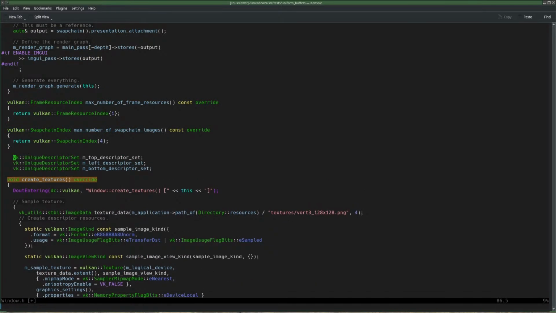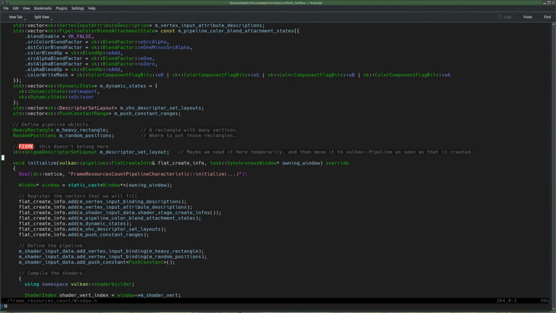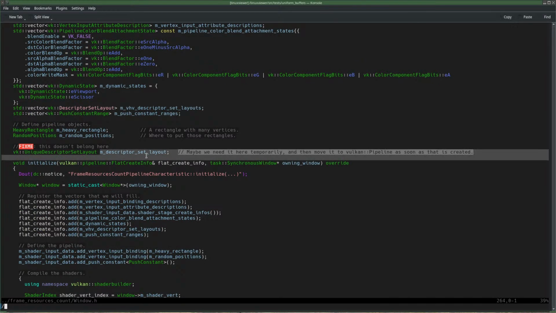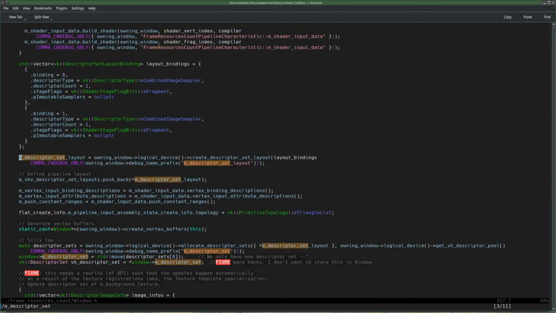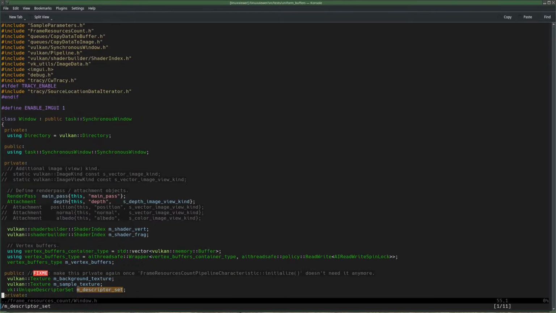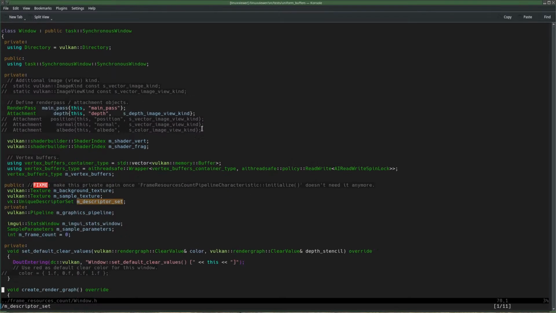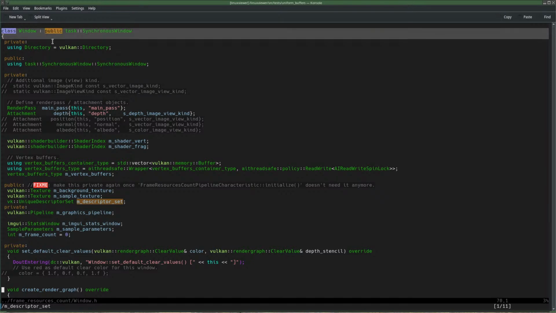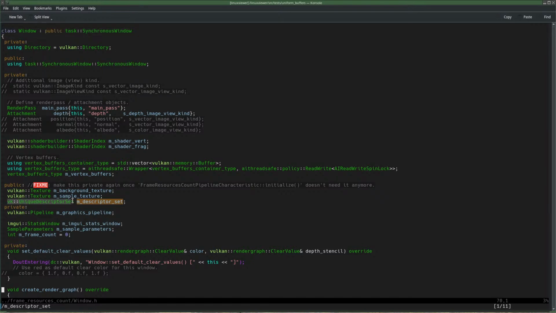So that's in the same place. I think this one has an m_descriptor_set somewhere. Yep, here. So also in the window class here, we have a unique descriptor set.